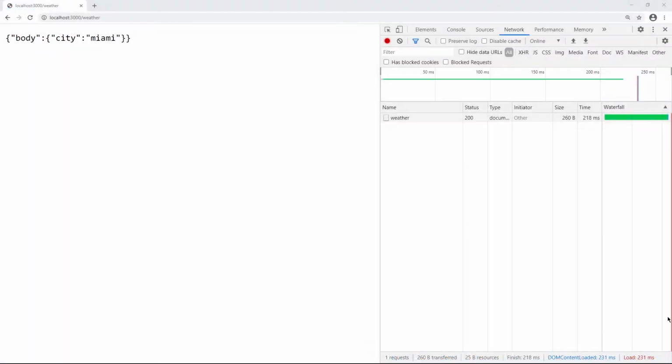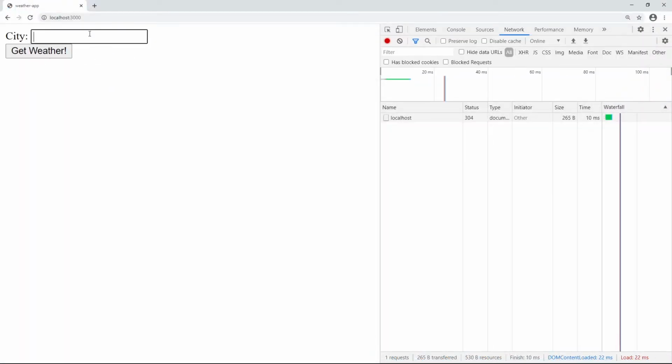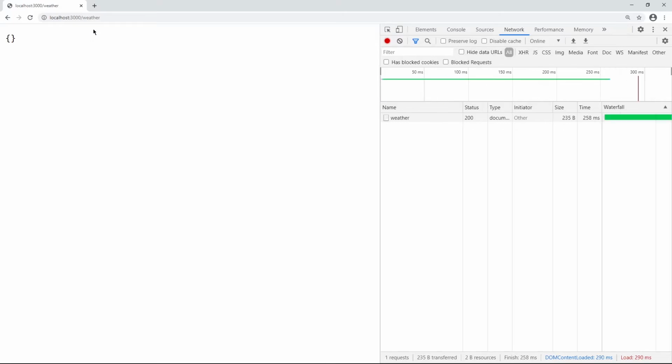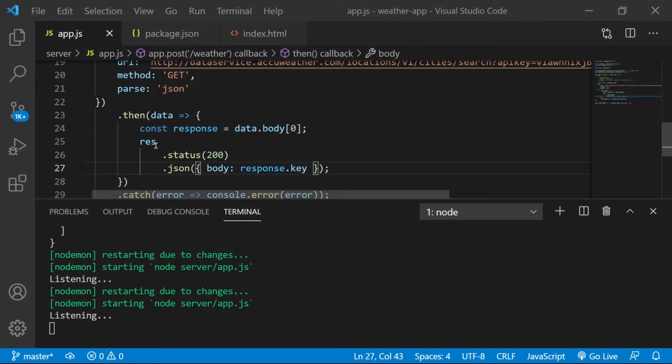Let's go back to our site. Let's now put Miami. Okay, so it looks like we're not getting anything back. So what we'll do is I'm going to go back to my app here. Looks like nothing happened.